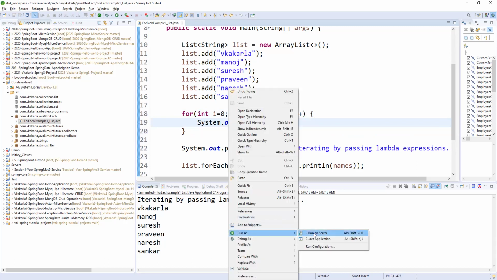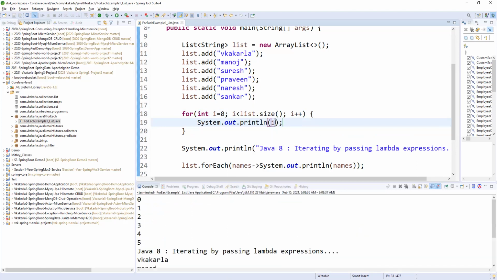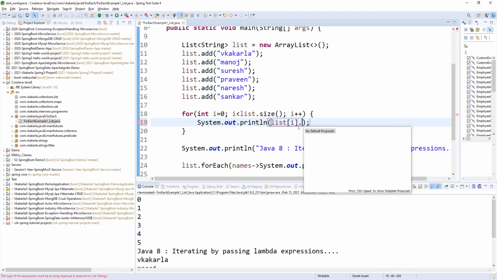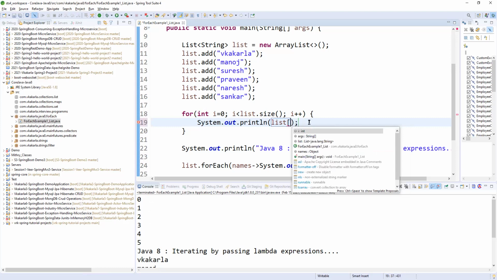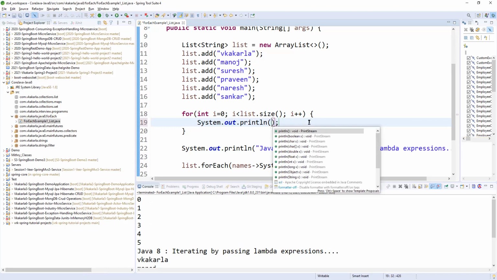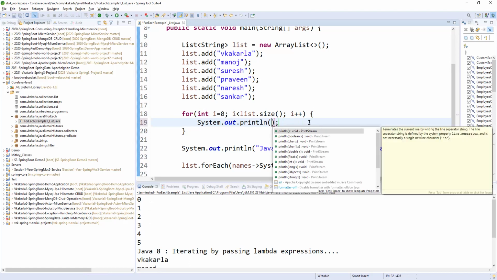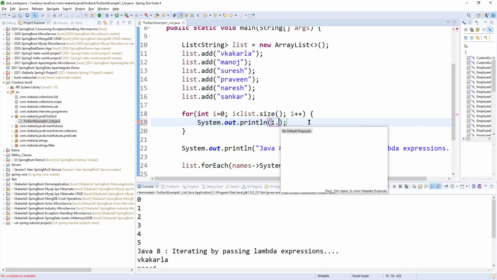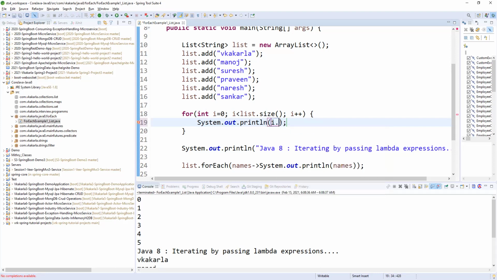Let me print list of i, thinking of it as an array with index positions starting at zero.